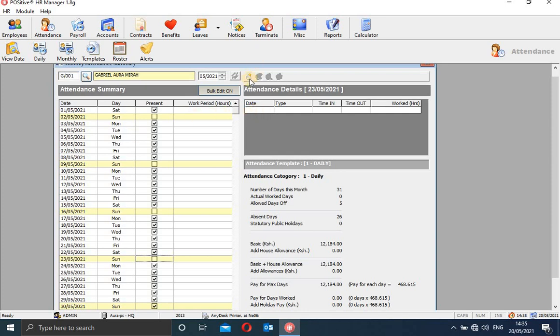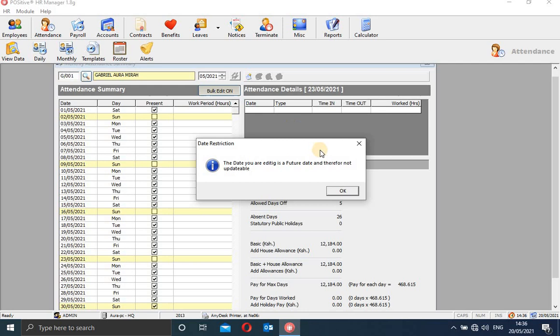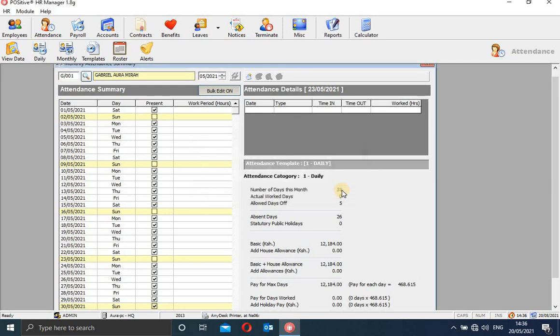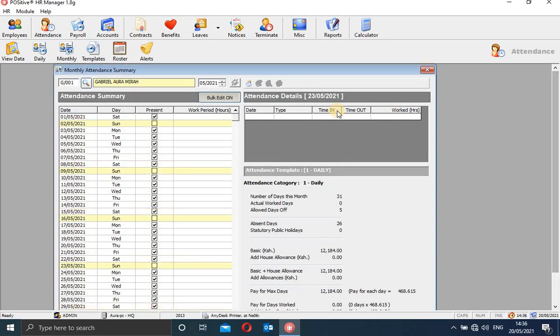Now for those employees who were maybe not able to come and clock in, because they were traveling and all that stuff, this is where you can add them, or you can give them the attendance manually. You can just select an attendance and assign the attendance to them manually.